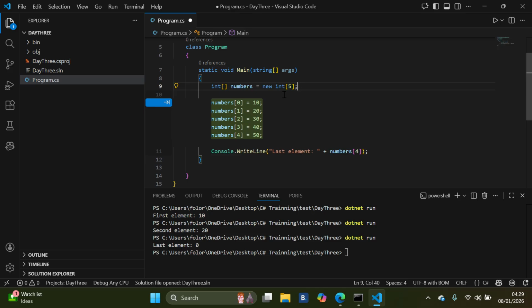It represents it as 0. So for an array, once we declare something of this nature, it assigns 0 to all the elements inside the array until we pass in the appropriate value